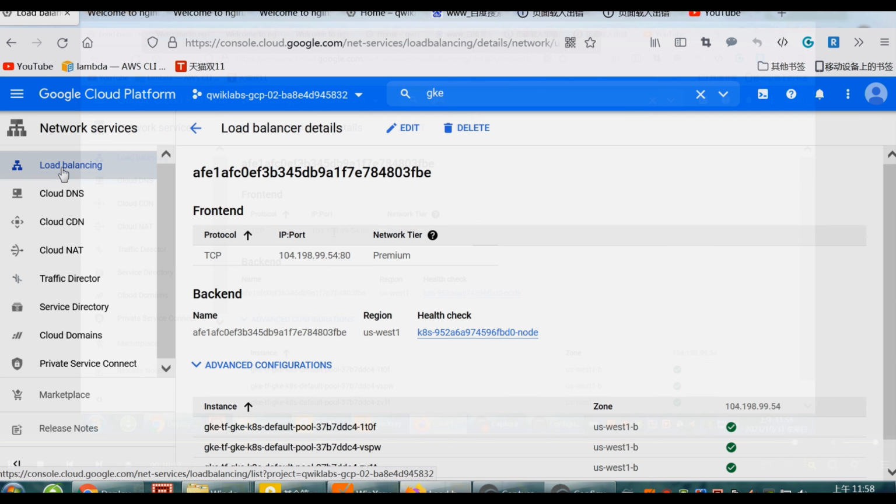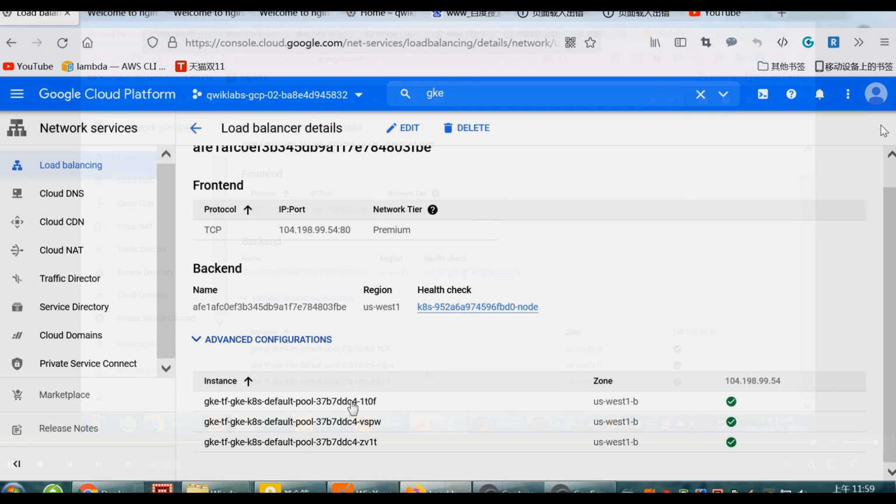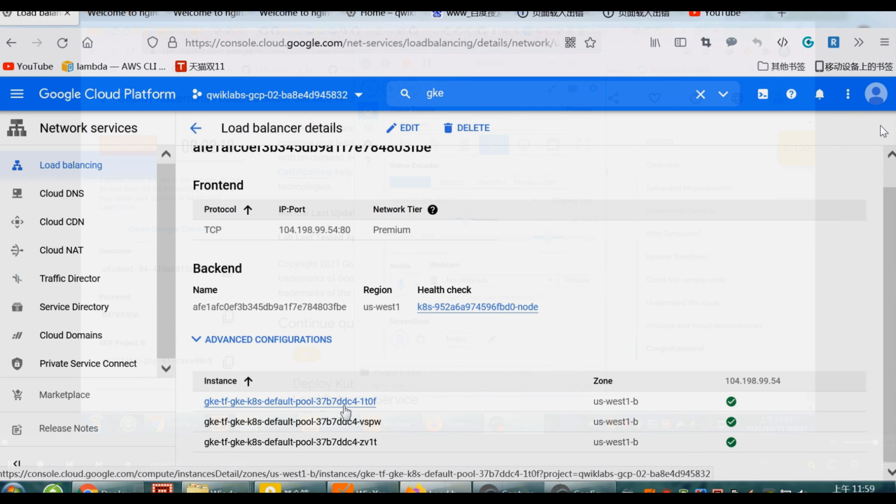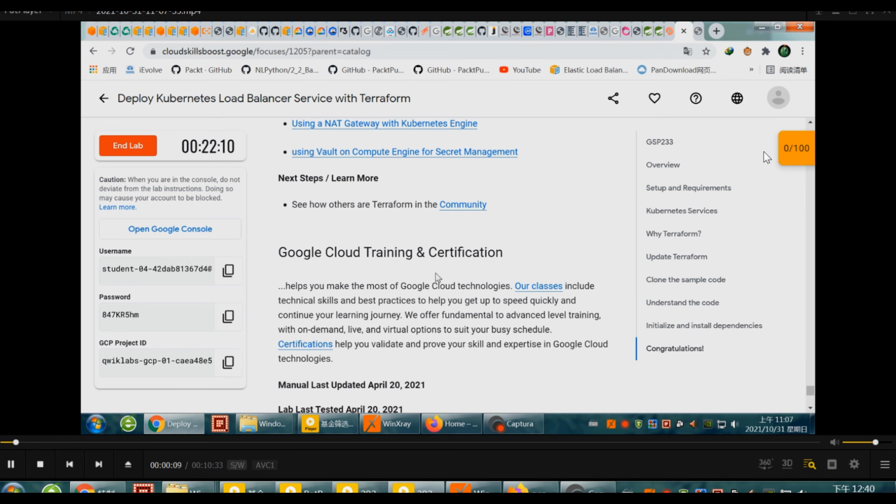You can see the IP address is what we reserved earlier in the Terraform code. And the backend is some backend in the nodes within GKE itself. Okay, it's working. So we have confirmed that Terraform can not only create